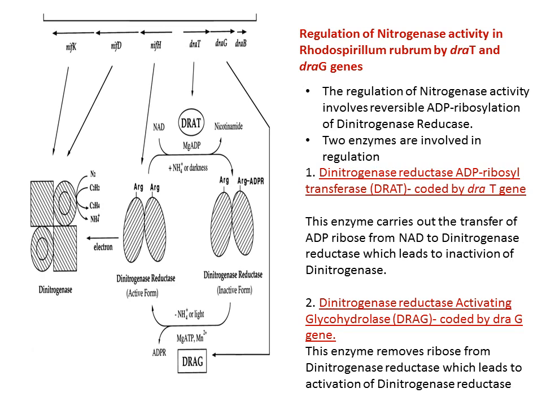Here, they are just adjacent to the structural genes called HDK genes. We all know these HDK genes are involved in the production of dinitrogenase. The dinitrogenase enzyme is produced by this cluster of genes. If the condition is not favorable, what happens? The DRAT genes become activated and code for dinitrogenase reductase ADP ribosyl transferase.